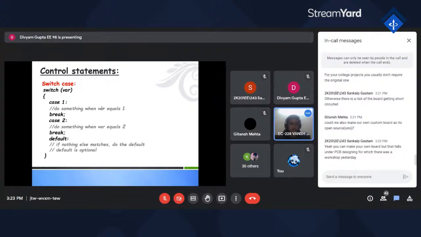If the variable's value is equal to 2, then all the statements of case 2 get executed. And if no case matches, if nothing else matches, then we proceed with the default and execute the statements under the default category. So these are the basic syntax of switch case. Next slide.